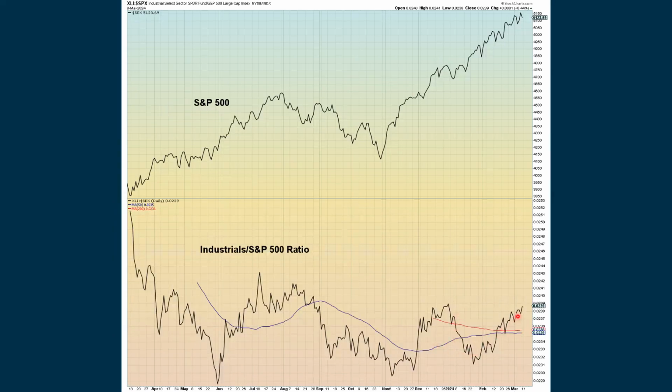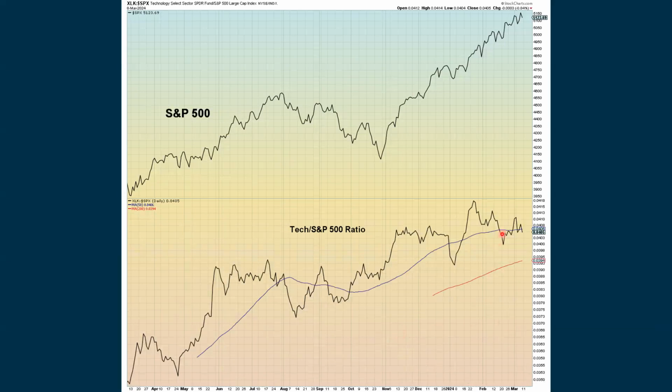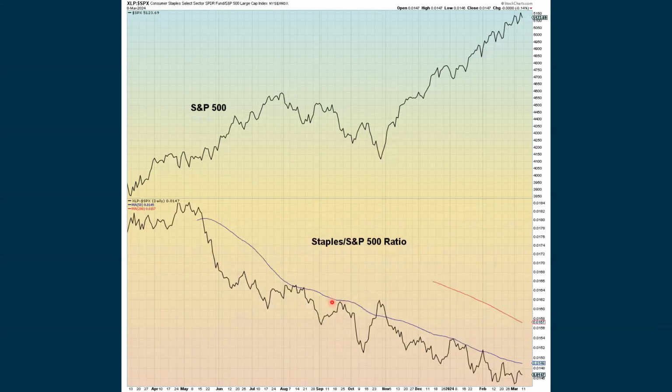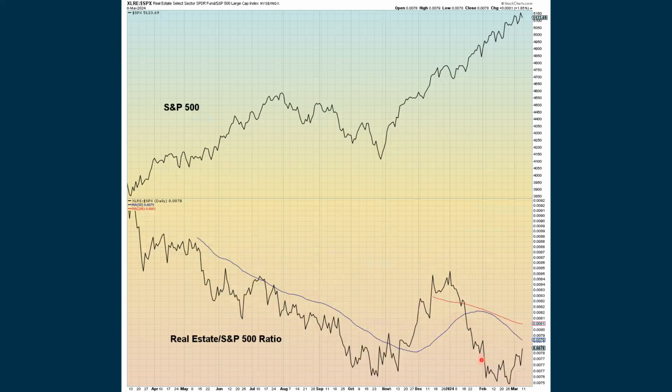Industrials are showing some improvement here, but not quite enough yet to see a golden cross with this ratio. The tech sector has been one of the stronger areas, but it has been pulling back over the last few days. Staples continue to be in a downtrend when compared to the S&P. Real estate is showing a little bit of an improvement as interest rates were coming down,